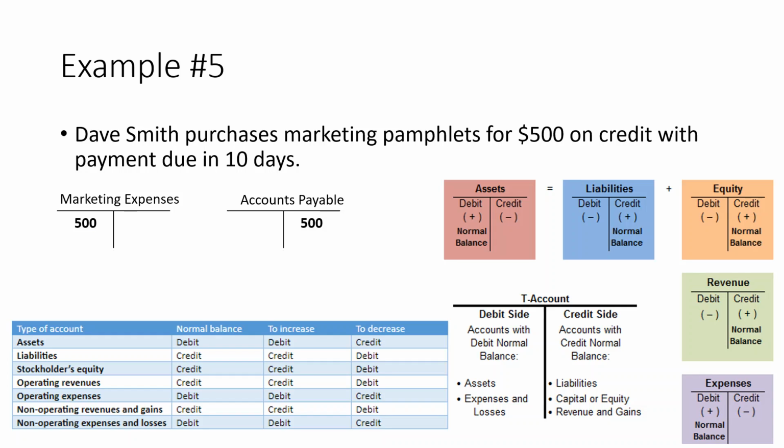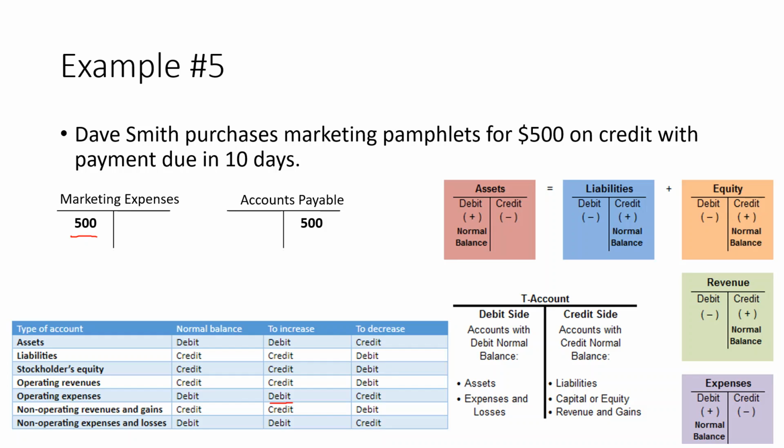Let's say Dave Smith purchases marketing pamphlets for $500 on credit with payment due in 10 days. This means he basically ordered pamphlets and he promised he would pay 10 days later. So, again, we're dealing with an expense. The first thing that we have to do is recognize that there is a marketing expense that he's incurred. To increase an expense, you debit it. You debit an expense,